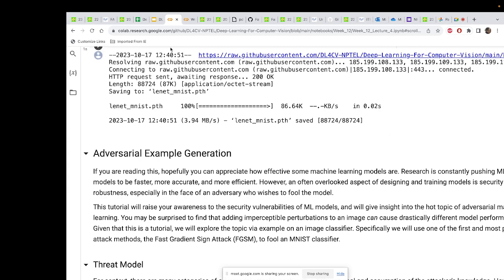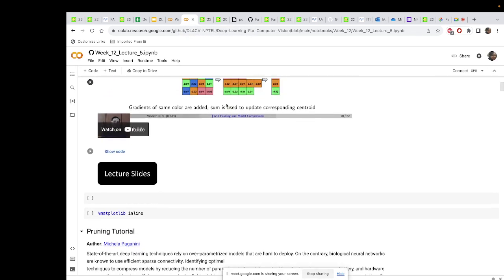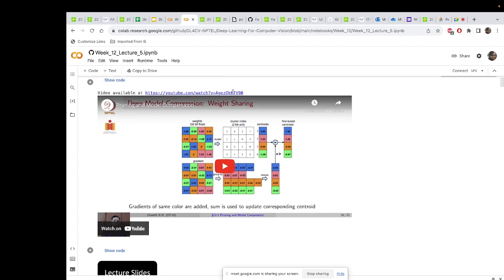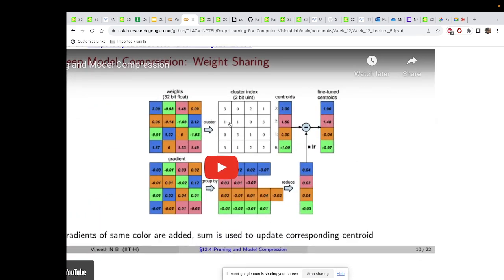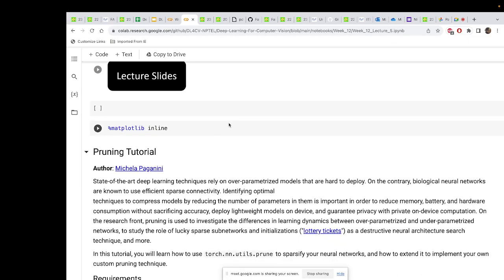We'll also look at another example which is called pruning and model compression. This has been touched upon in class, but we'll still have a revision of this. The concept here is very similar in the sense that it's still trying to handle some real world problems that ML models face, but it has nothing to do with attacks, of course. The purpose of this tutorial is something else completely, right? So you can see that